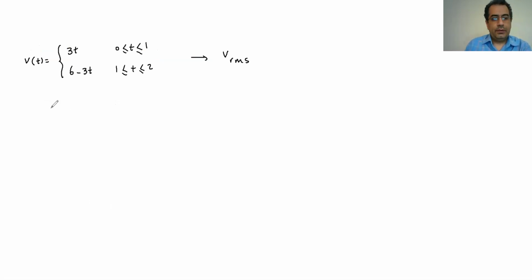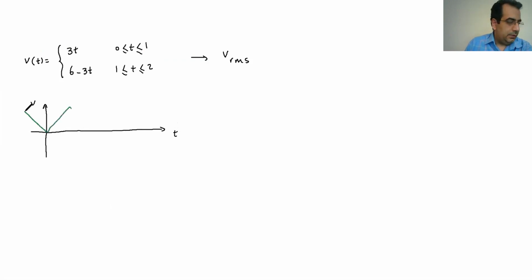And actually, if you go ahead and draw that, you will see it will look something like this. If it's the V and if it's the T, it actually looks like this. It goes down, goes up, goes down, and goes up. This is how it looks if you draw that. So it is not sinusoidal, and so for the Vrms that we want to calculate, we have to use the